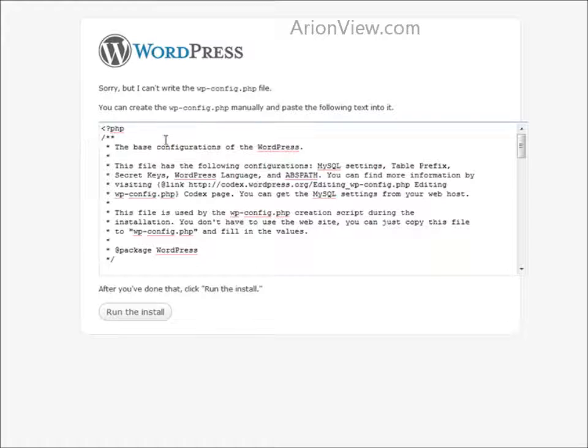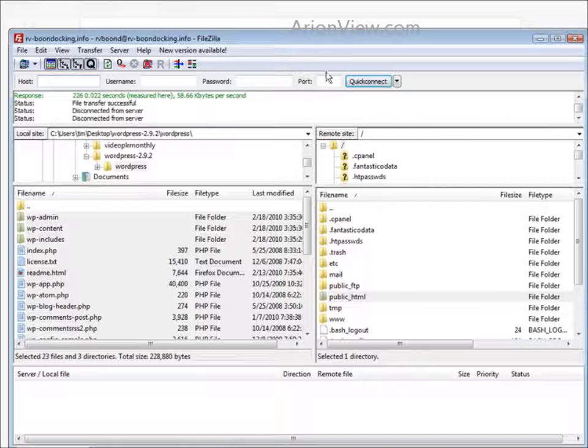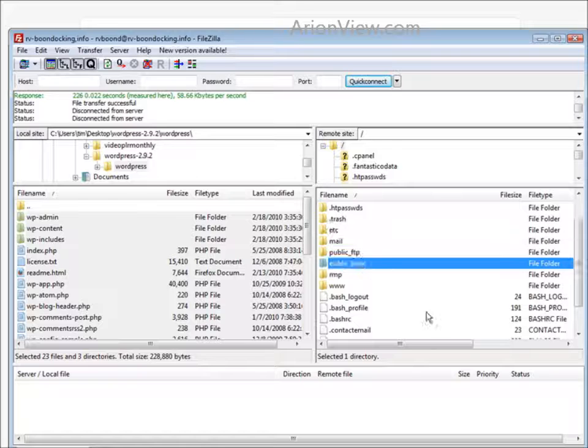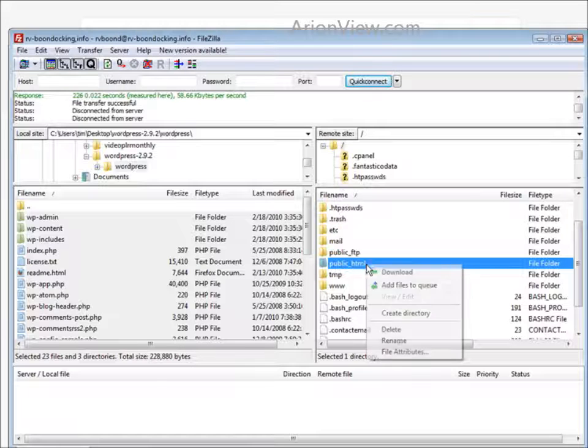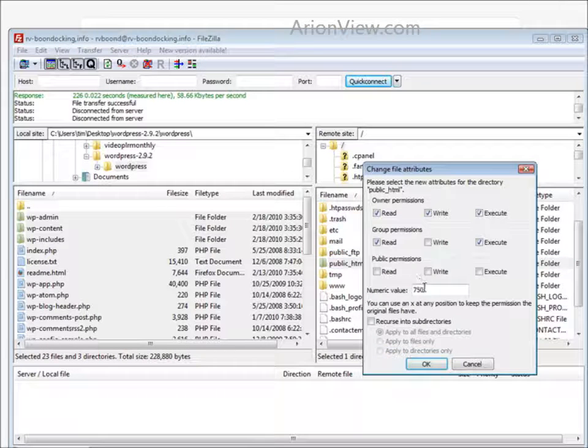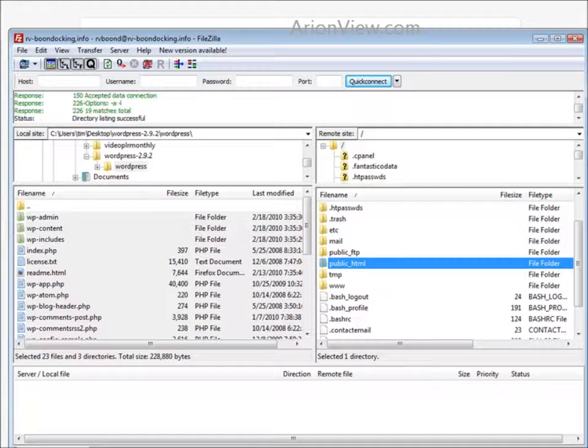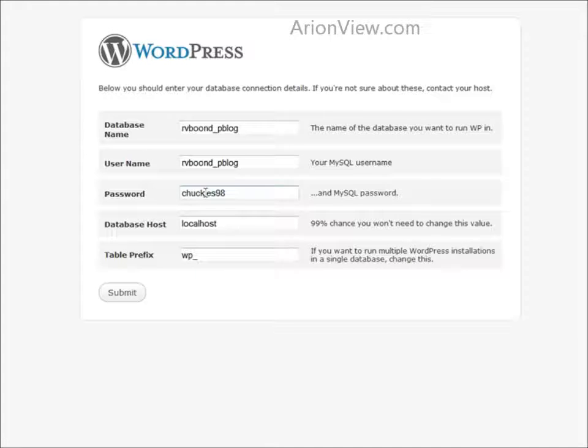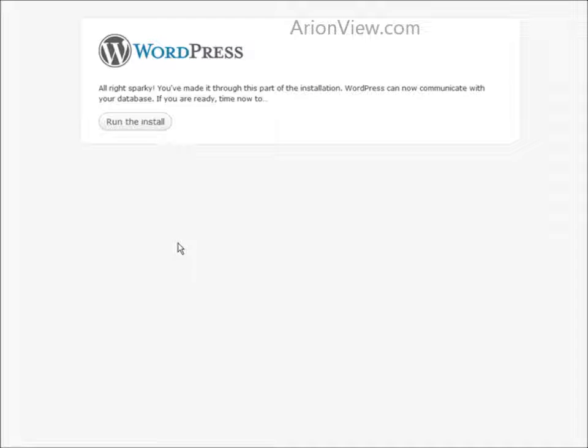Okay, here's where it's trying to create the wp-config.php file, but it couldn't do it. The reason is because our folder is not writable. If we go back to our FTP program, and here's public_html where our files are located. Right click on that, go to File Attributes, and change it from 750 to 777. Now let's just hit the back button here and then click Submit. Okay, now it'll be able to create the config file. When we're all done here, we're going to set the permission back to 750. So we'll run the install,